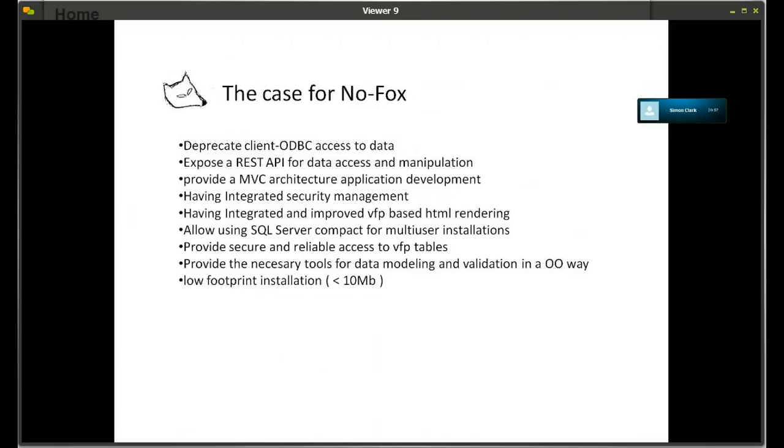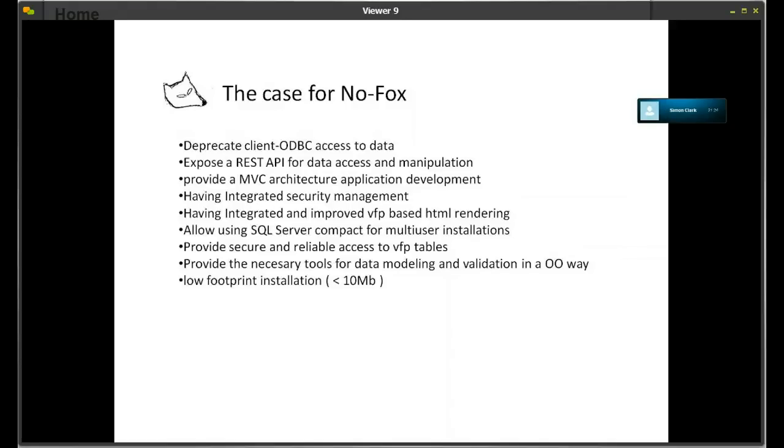Now we have multi-threading in VFP via many libraries, like the C32 DLL project and some others. This one is the one I use to create an HTTP web server